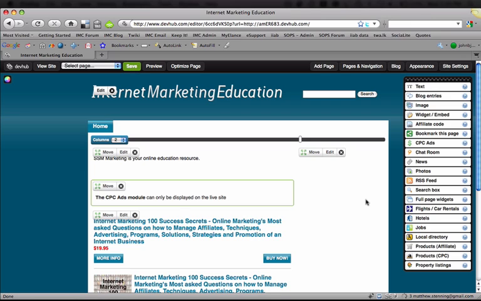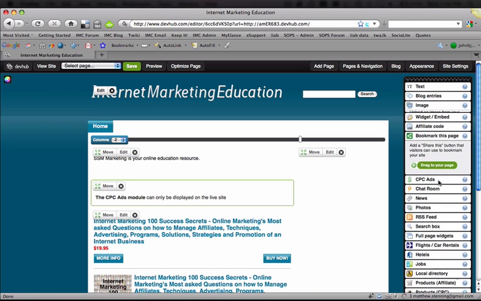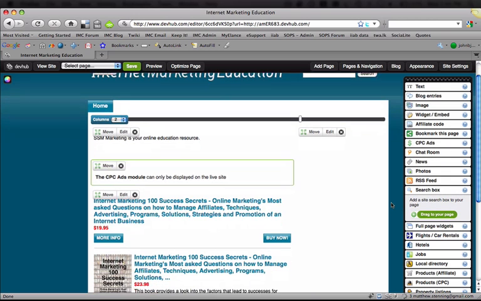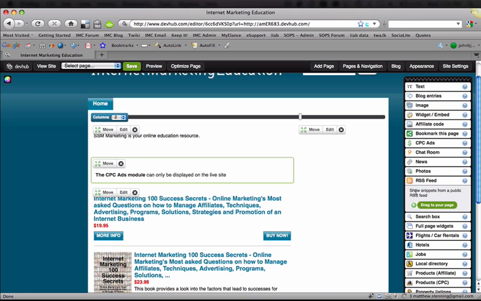So as you can see, I am on my site at the moment in the editing section where I left you off last time, and today what I want to go through and just show you is some of these widgets that are over on the right hand side here. As you can see, there's quite a lot of them here that you can go and have a look and play with. So the first one I wanted to show you was actually the text widget,